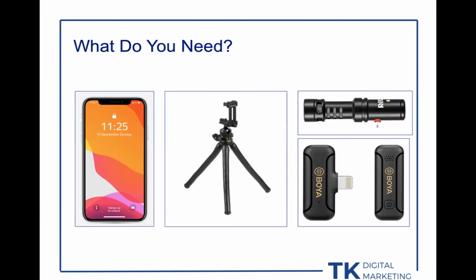If you're sitting down or if you've got a surface to set it on, that keeps it still and you can stand in front of it. It also helps if you're walking around holding the camera in front of you, talking more vlog style. The tripod allows you to get the camera on the phone a little bit further away from you, gives you a little bit of a wider shot, and keeps things a little more stable. Holding that tripod, you'll be a lot more stable than holding the phone. So having something to stabilize the camera a little bit really helps.